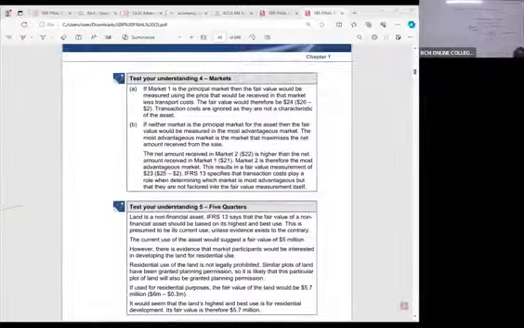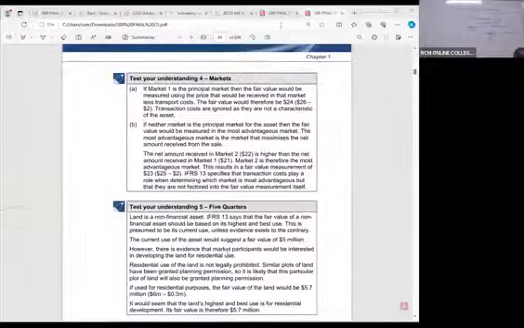Residential use of the land is not legally prohibited. Similar plots of land have been granted planning permission, so it is likely that this particular plot of land will also be granted planning permission. If used for residential purposes, the fair value of land would be 5.7, which is 6 minus 0.3. So it would seem that the land's highest and best use is for residential development. So its fair value is therefore